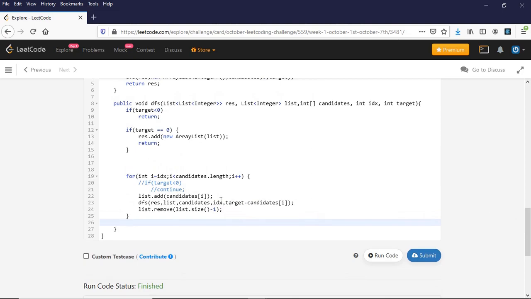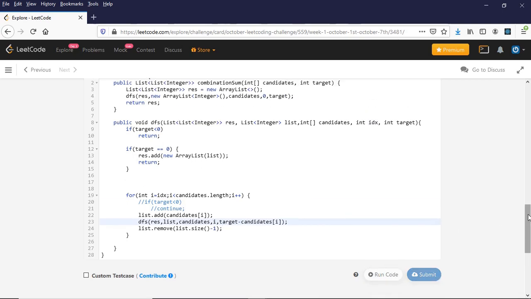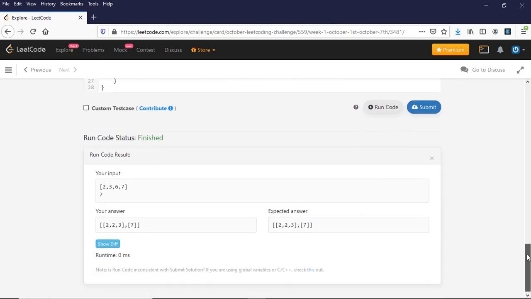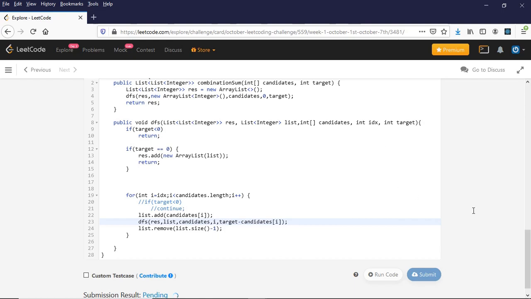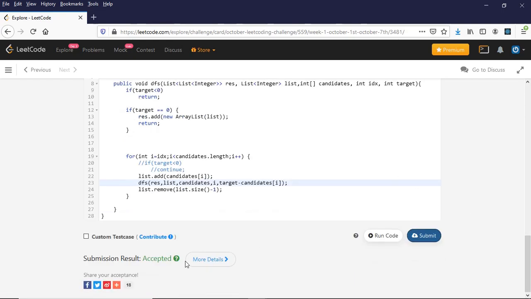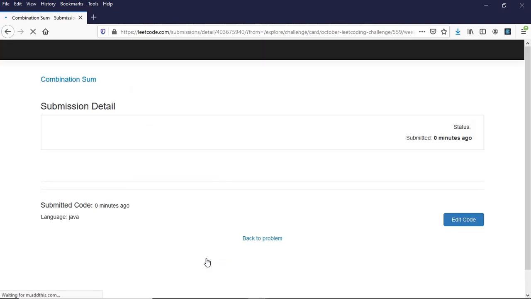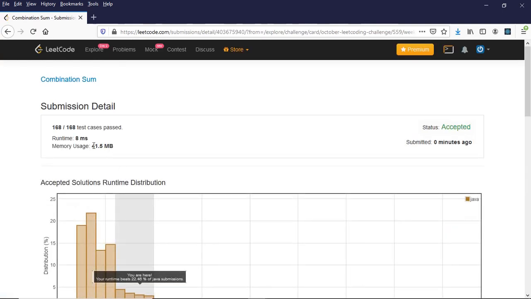Here I was passing index instead of I, so I'll write I here and let's run the code again. Now it's fine. Let's submit this code and the code is accepted. Let's check the runtime. It takes 8 milliseconds and it's 22% faster.